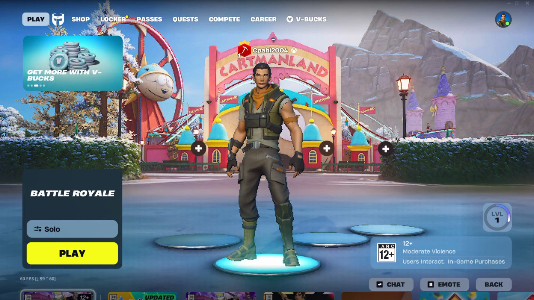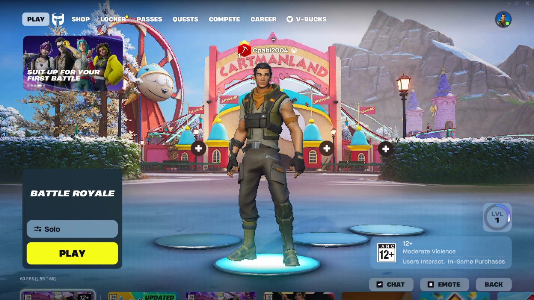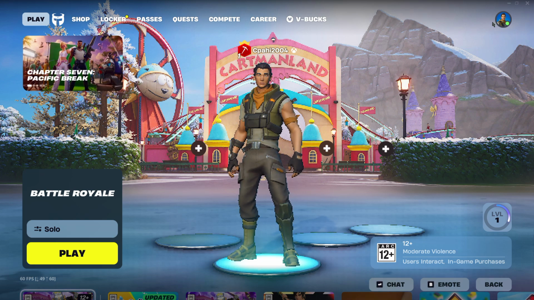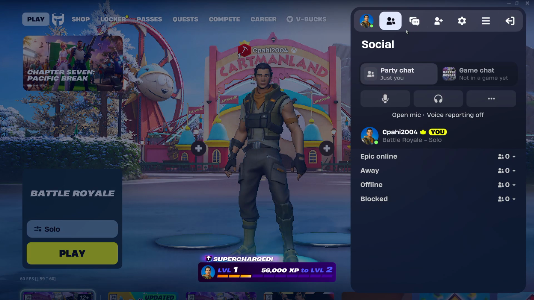In this tutorial, I'll guide you through the exact steps on how you can reset the keyboard mapping in Fortnite. In order to reset all of the keyboard settings, all you will need to do is simply follow these easy steps. The first thing that we're going to do is simply click over to the profile picture right